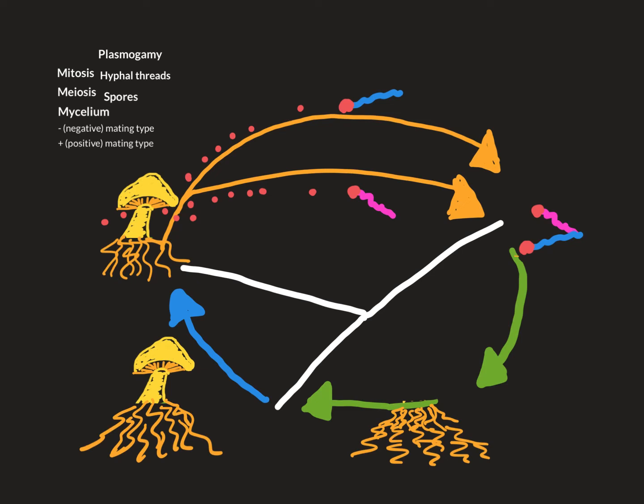Here is a mushroom. It's a fruiting body of a much larger network of mycelium underground. Under the cap of the mushroom, either in the gills or the pores, meiosis is happening to produce haploid spores. They're then thrown out into the environment and land somewhere and begin to grow and divide through mitosis to become